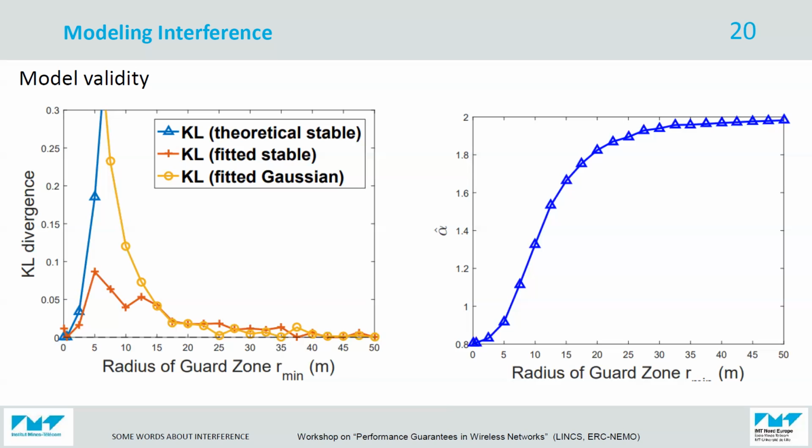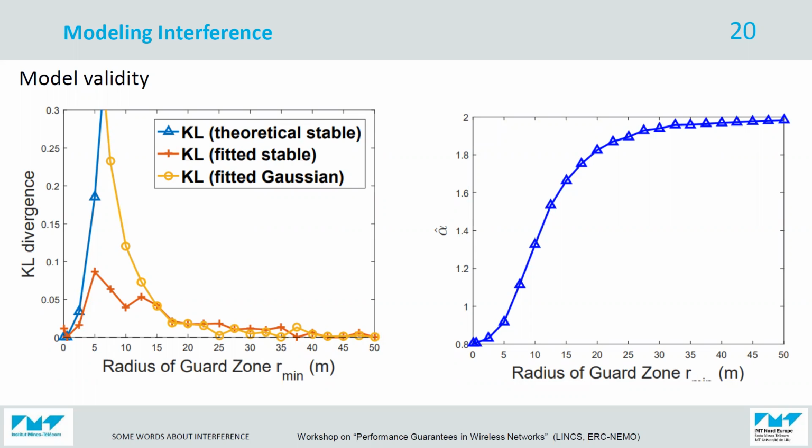So we are calculating KL of a stable random variable with respect to a Gaussian? No, the model can be a Gaussian in the right case, it can be a stable in the other, so this is the model, and between that and simulated data. And the red one is a stable model, but we have fitted the parameters. So we realize a simulation, we estimate the parameter of the stable model, and then we compare with another realization of the model. And the thing is that